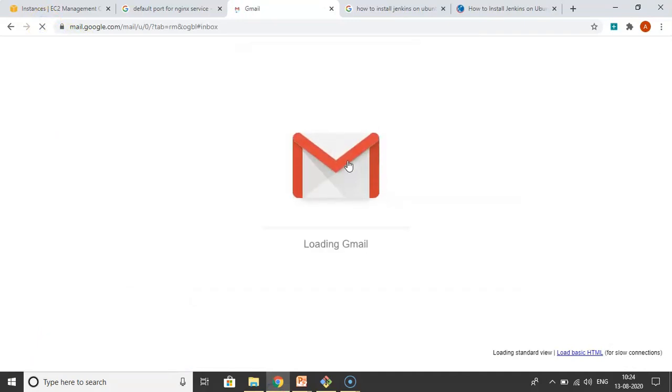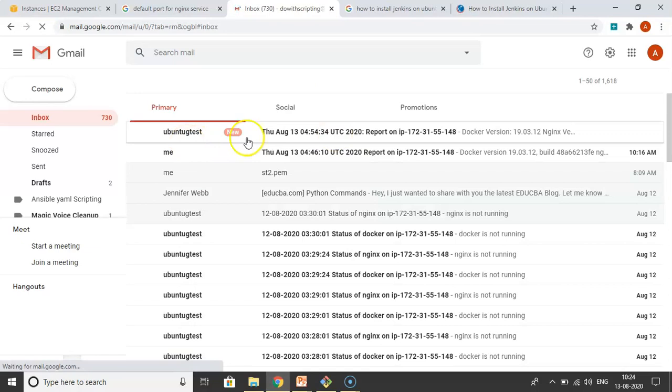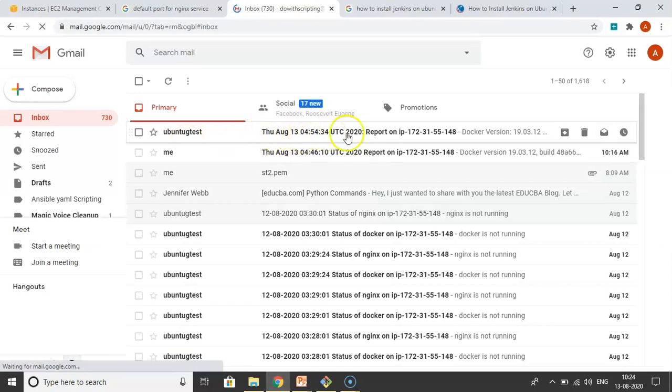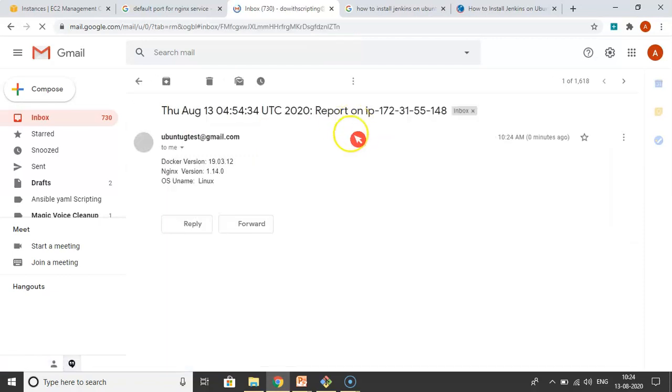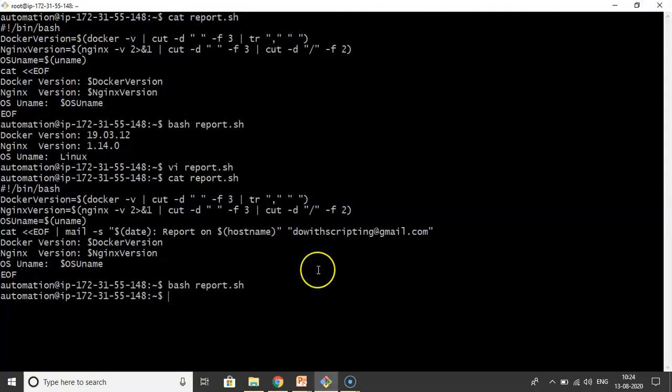Now here you will see your report. Now it's opening. Yeah, see that, August 13, on this you got a mail that is a report about your required information. That means we were able to send mails from the command line itself to a particular team or to a particular ID. That's it.